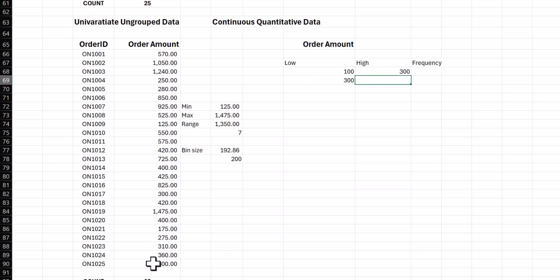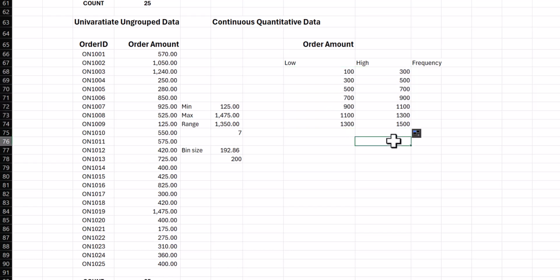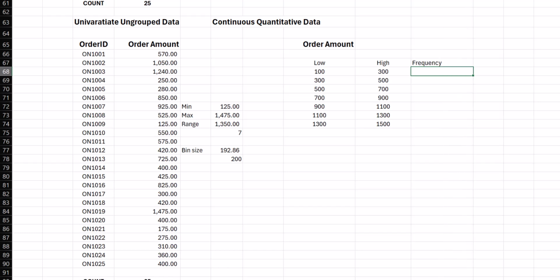Then 300 to 500, like this. So now we can copy this till we reach 1500 because that's above the max value. So figuring out the number of bins, the bin size, the low and the high values is half the job. Now we just have to type a function here to compute the frequency